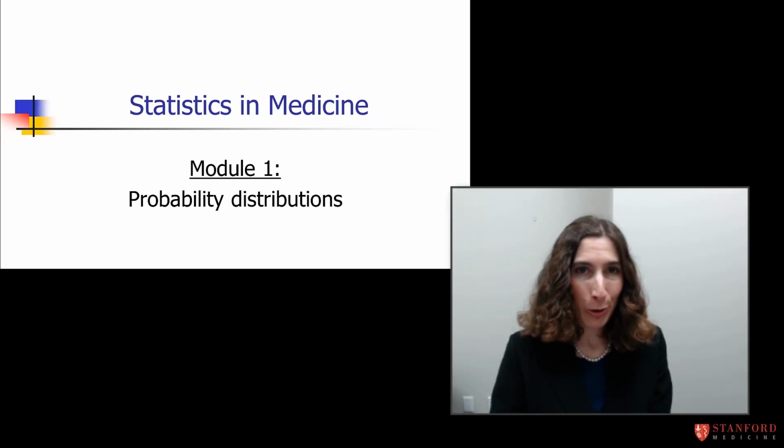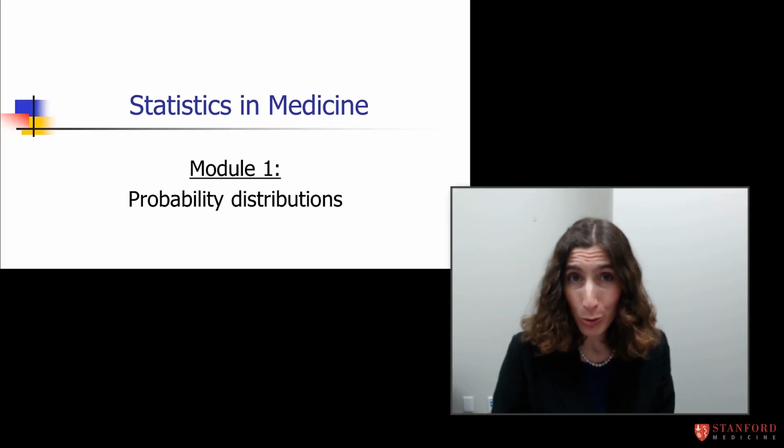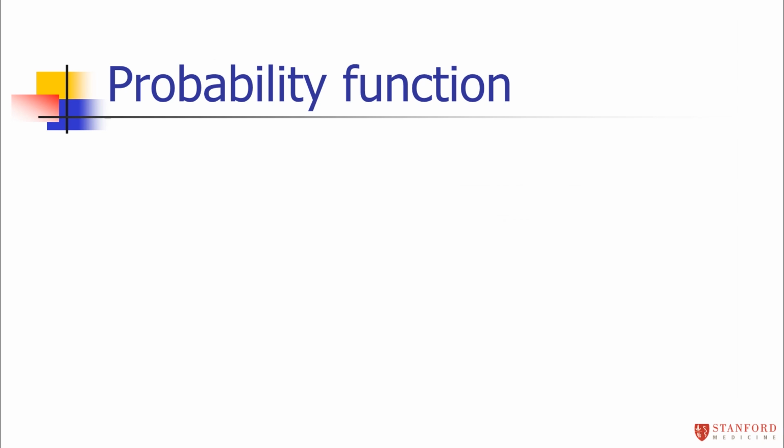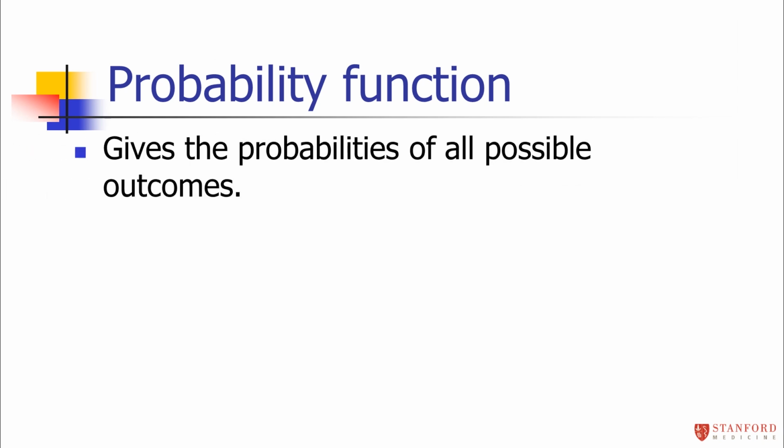In this next module, we're going to talk about probability distributions. I'll also call these probability functions. First of all, a probability function or a probability distribution just gives the probabilities of all possible outcomes. Last week, we calculated the probability of a particular outcome. If you calculate the probability of all possible outcomes, or if somebody gives those to you, then you have